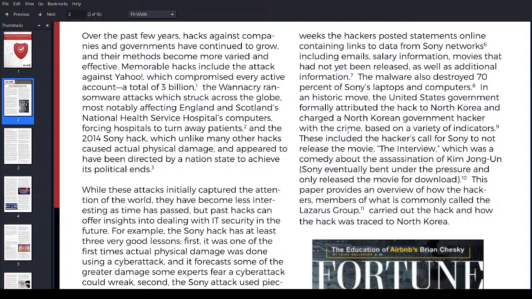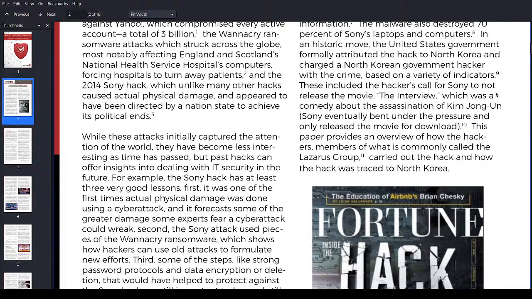In a historic move, the United States government formally attributed the hack to North Korea and charged a North Korean government hacker with a crime. Based on a variety of indicators, these included the hacker's calls for Sony not to release the movie The Interview. Oh, that's what the name was. That's the name of the movie, The Interview.